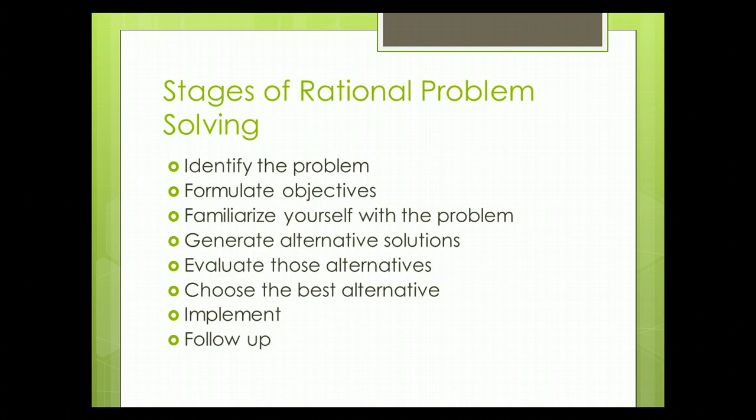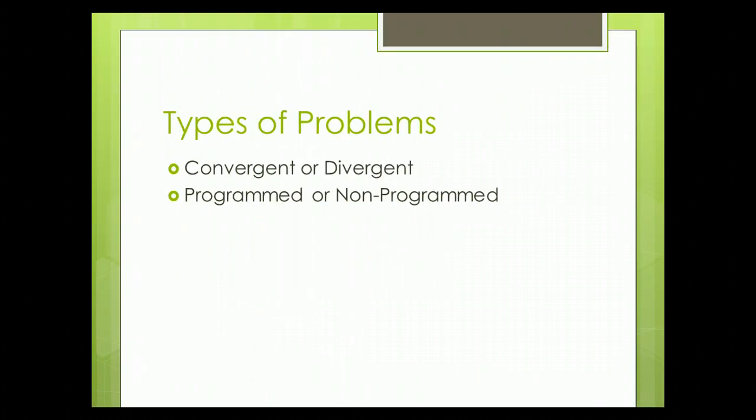So once we've chosen an alternative, we're going to go ahead and implement that plan. We're going to commit our resources to following through on the particular actions that we've decided on. And so after we've implemented that plan, we're going to follow up by evaluating our results. Did the actions that we took actually solve our problem? And what we're going to do is compare the results to the objectives we set up in step 2. Did we reach those objectives? Do we reach those original goals that we've set? So those are our stages of rational problem solving.